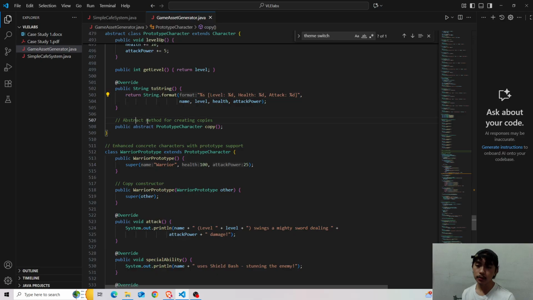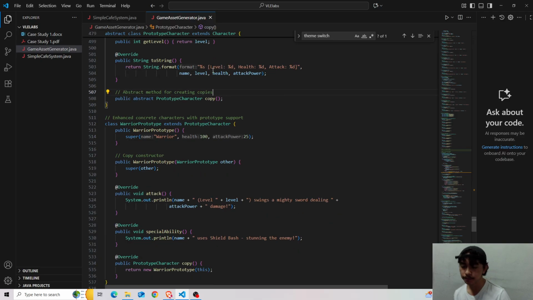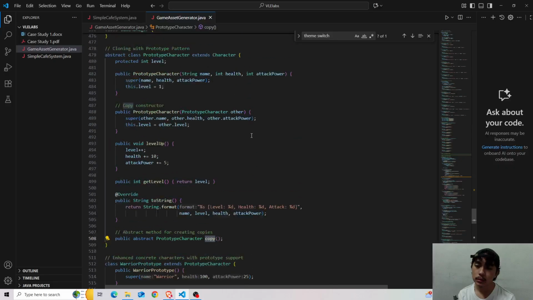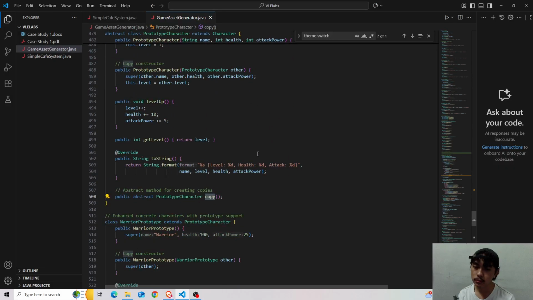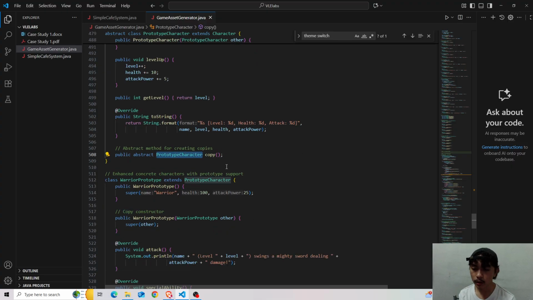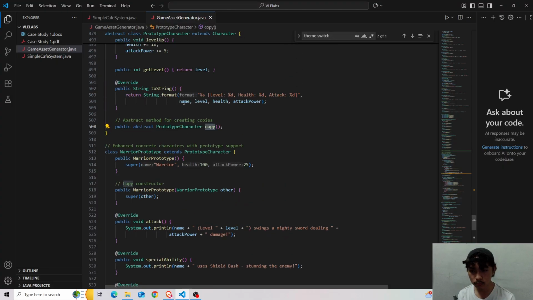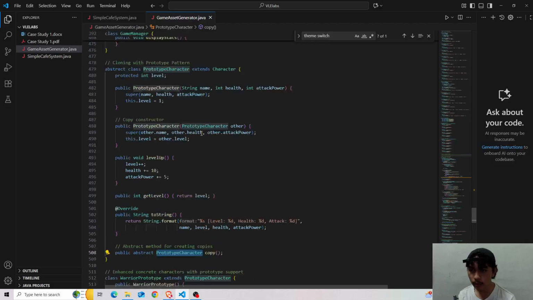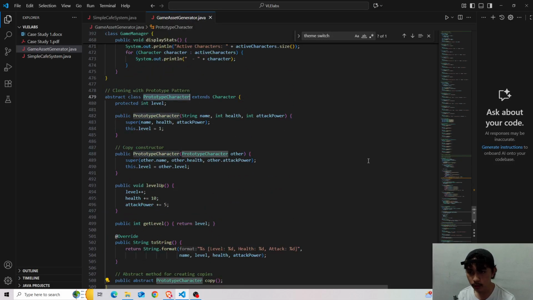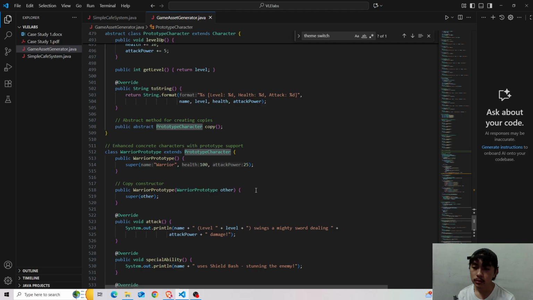So we have here an abstract method for creating copies, the prototype character copy method. Okay, so the copy method, which we have assigned to our prototype character abstract class. Okay, so enhanced concrete characters with prototype support.